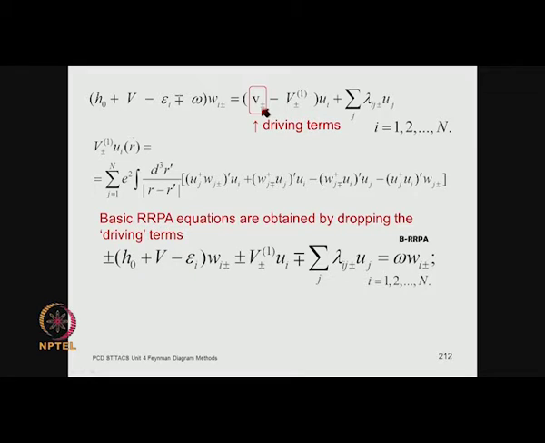correlation, and you can solve them at various levels. What you do is first drop the driving terms and get what are called the basic RPA equations. Then of course, you can write the solutions inclusive of the driving terms in terms of the solutions you get for this. So, this is a matter of detail, and what this methodology enables you to do is to take